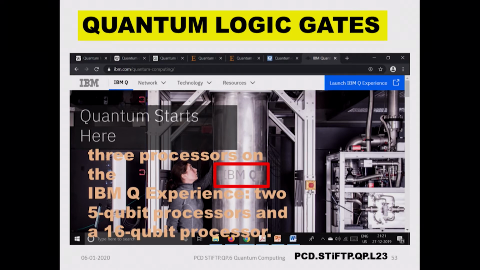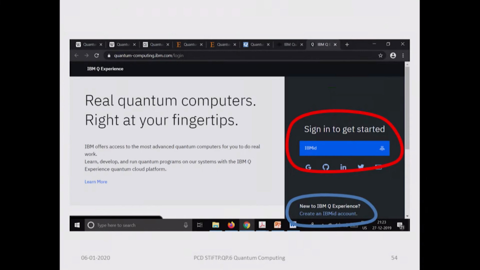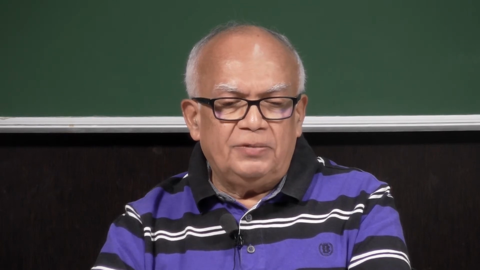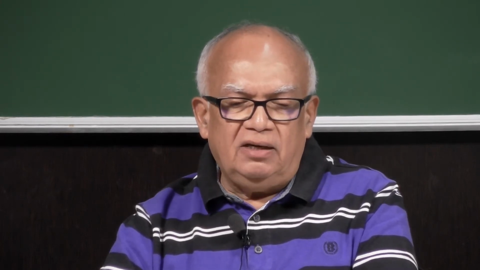So, the reason I say that quantum computers have come, you would have seen this picture. This is the IBM quantum computer which you can actually access. You can sign in to get started. If you are new to the IBM experience, you can create an IBM ID account on this machine, all right, and start doing some basic operations so that you get your feet wet, and you have to learn how quantum computing is done. So, this is a nice machine. This has got two 5-qubit processors and a 16-qubit processor,